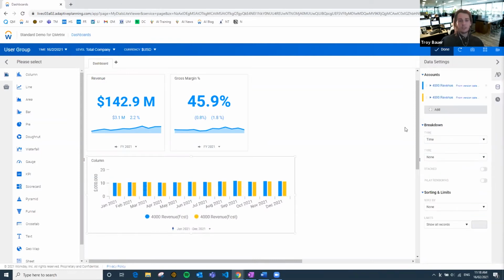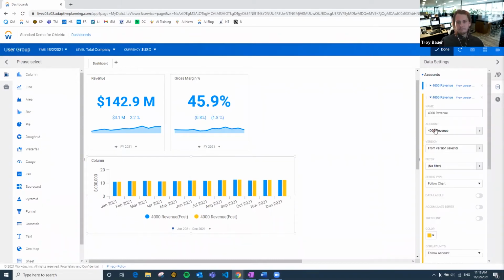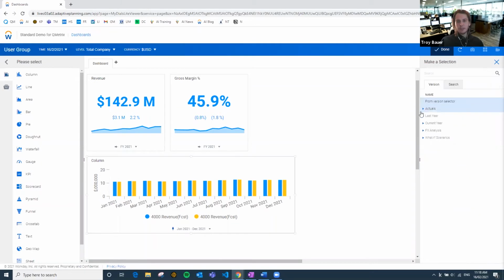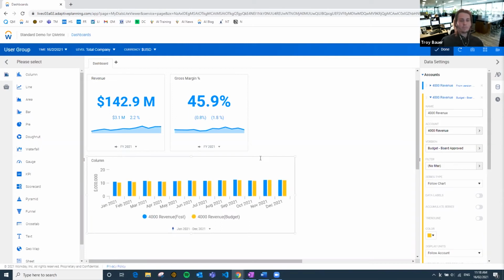We've now got essentially two of the same account. The only difference we want to make here is to go into the account settings, go into our version and select our budget instead. Now we've got two accounts, the same account, the only difference being that one's forecast and one's budget. So we've got our output pretty much checked off. We've got across the time here, Jan to December. By default, that's looking pretty good. That's what we want. We're going to do an FY21 sort of outlook here.